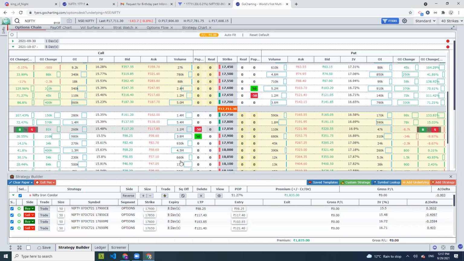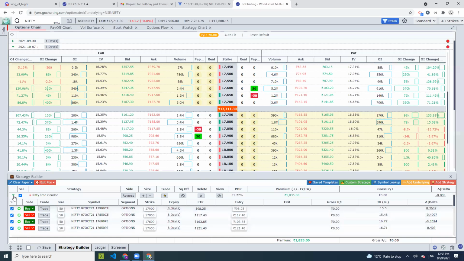So that's one of the major advantages of this formula, or the saved templates, because it's like indicators in a chart. Once you have saved it, you can apply it on any symbol as you want, and you can apply it today or 10 days later. For example, suppose this 17,000 becomes 17,700 in 10 days. Now you have to readjust all the legs in other platforms, but here you can just use the same formula that you had created and apply it, and it will automatically adjust and create a new strategy with the same configuration as you want. So that's one of the big advantages of it.